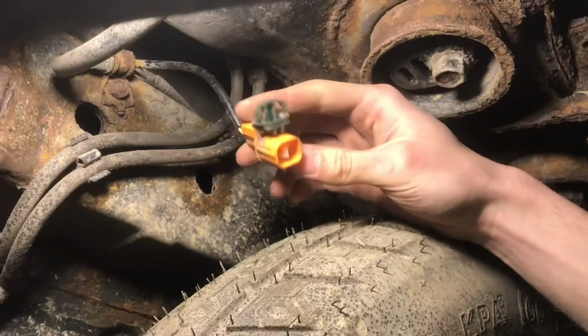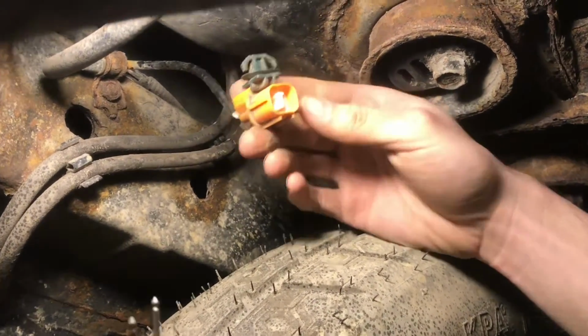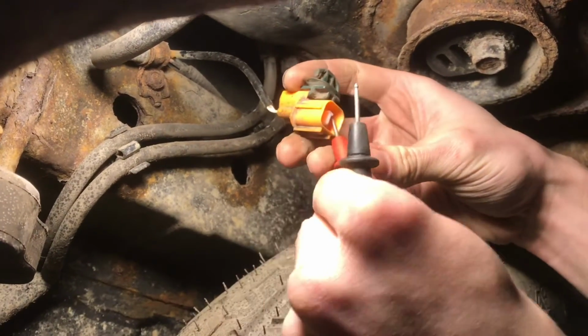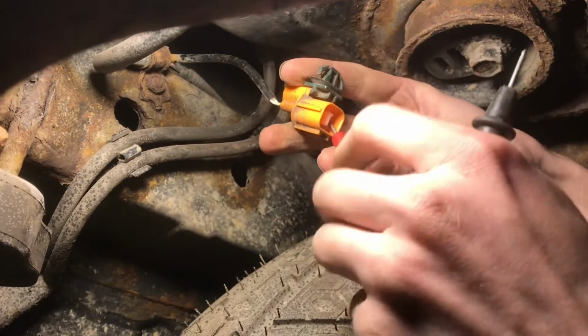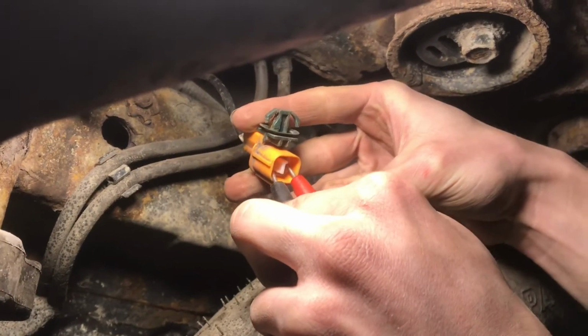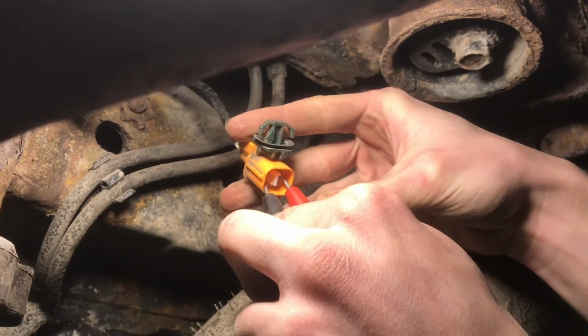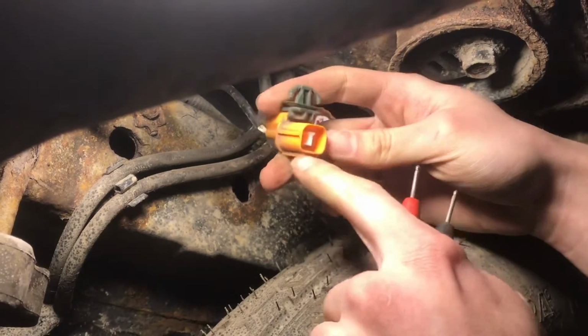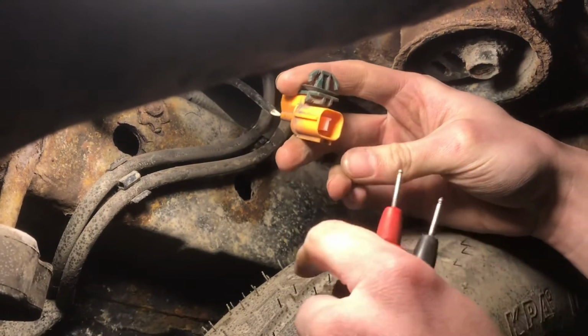So the ABS sensor only has 2 wires. I'm just going to take an ohm reading, and I'm just going to touch both pins at the same time. Okay, and it's actually reading OL, open loop. In other words, it doesn't see any path of current between those 2 pins, and that seems a little odd,